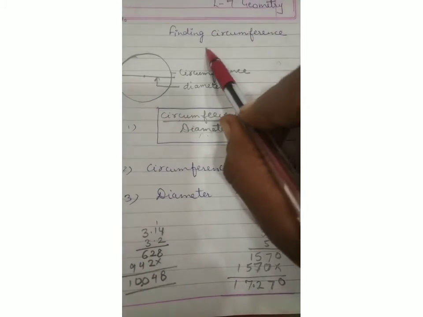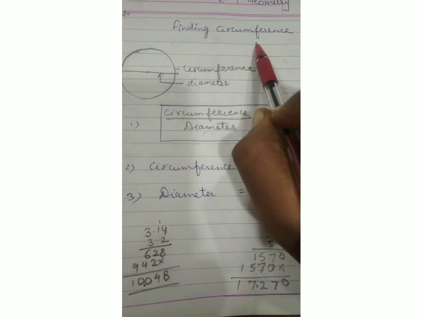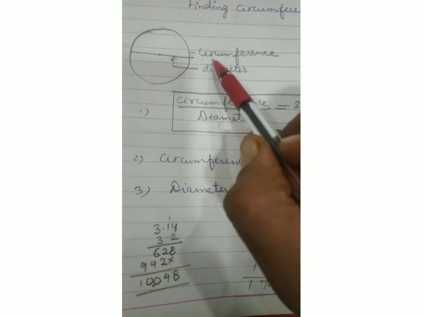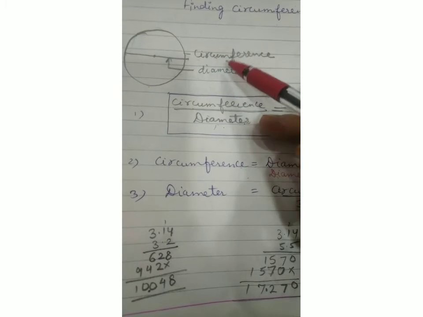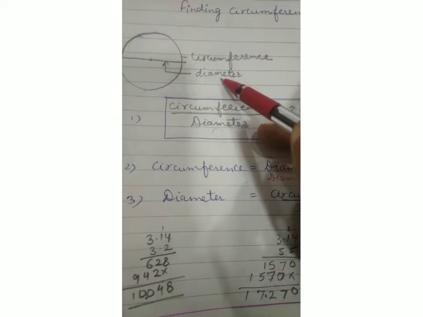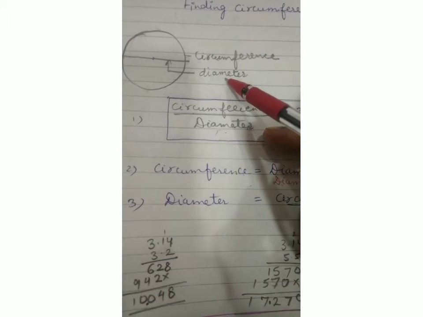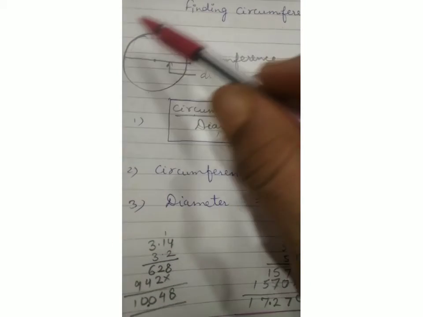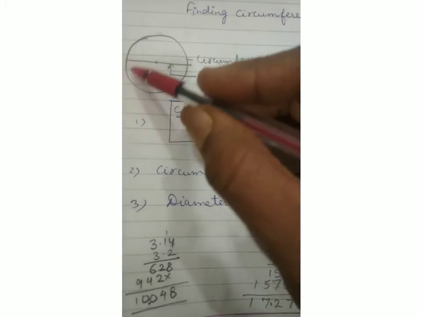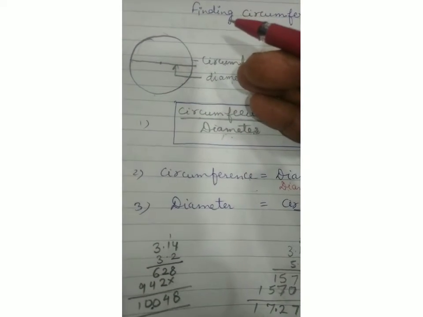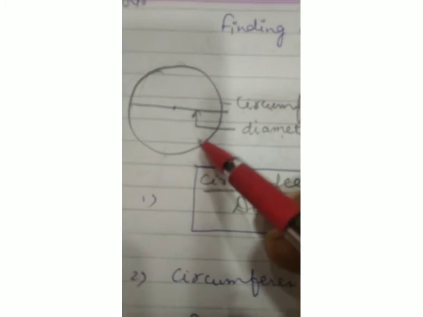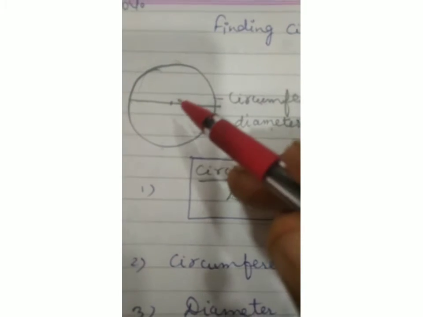Now we will find out the circumference of the circle. As I told you, the perimeter of the circle is known as its circumference. And there is a relationship between the circle circumference and diameter also. So what is the relationship? When we draw several circles and measure the circumference and diameter of each and divide the circumference of each with its diameter, we will get 3 or 3.3.